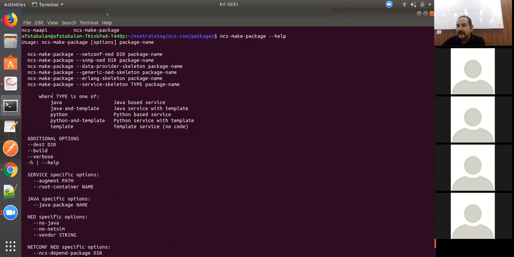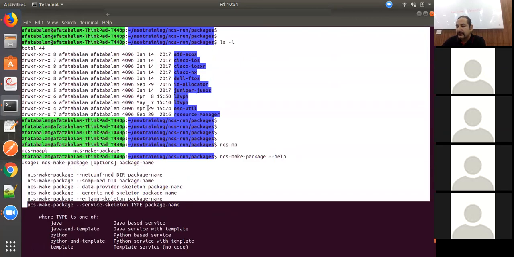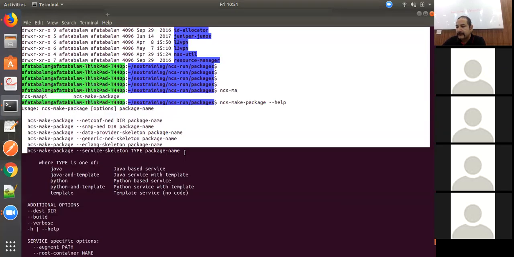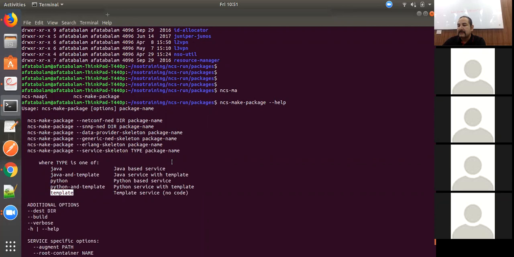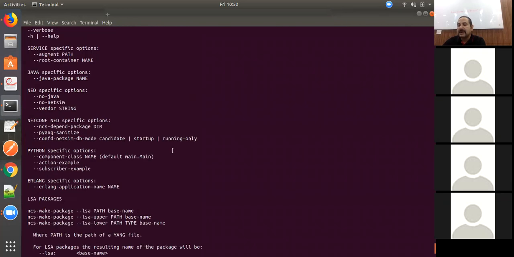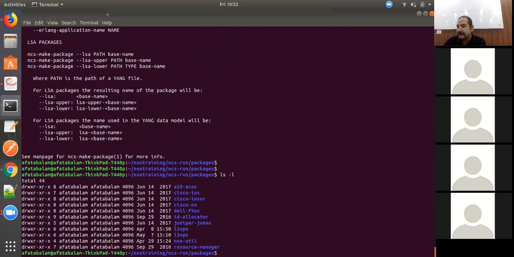So here you can see NCS make-package, and we have used this service skeleton, type package, the last one we have used. So these are the different types which we could use. We use the template type, and the package name, we gave it L2 VPN, and that's how we got the package skeleton built for L2 VPN. So I'm getting into the L2 VPN directory,